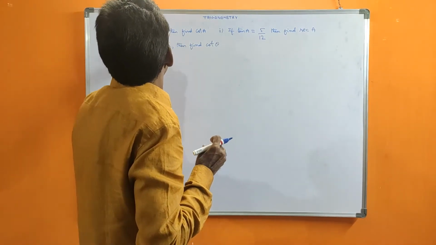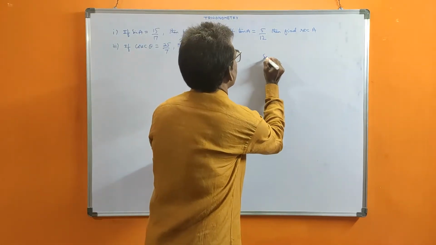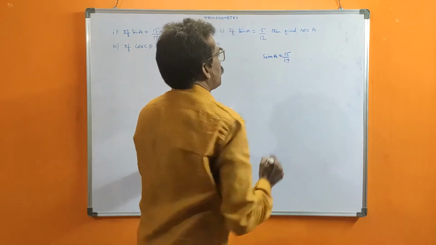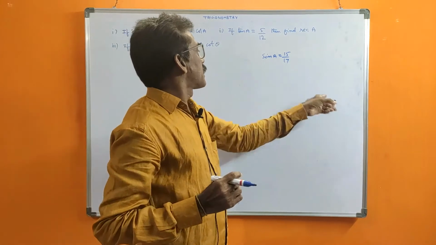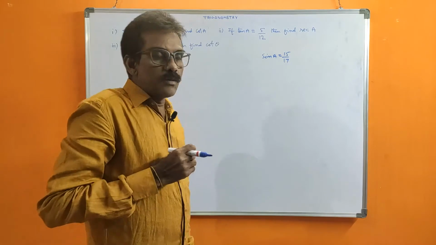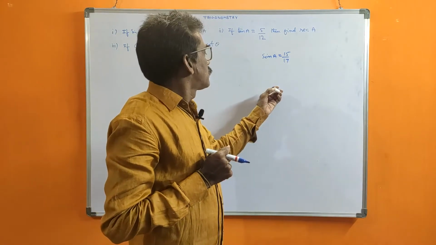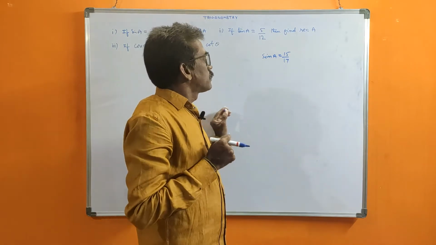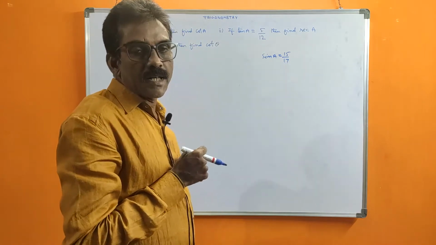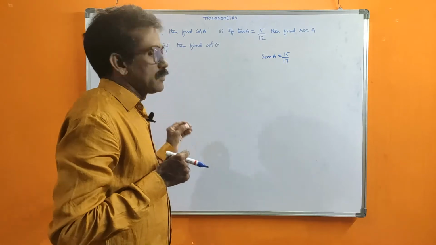If any one of the trigonometric ratios is given, suppose here sin A is equal to 15 by 17, then by taking a right angle triangle, applying the sides with those ratios, and finding the third side using the Pythagoras theorem, we write the ratios accordingly. But there is another method also, a direct method. By using that direct method we can find these values.